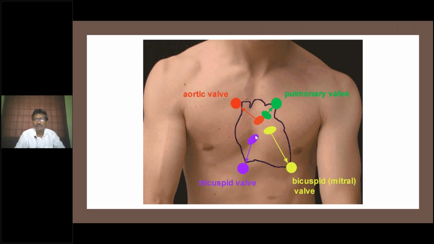Now the tricuspid valve, as I told you, goes towards the right side. But the problem is, here you will have the diaphragm and the liver also. So we auscultate in the left lower sternal margin, where we reasonably get a similar finding. Is it clear now?